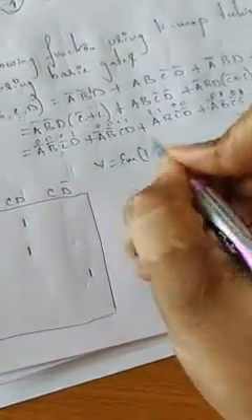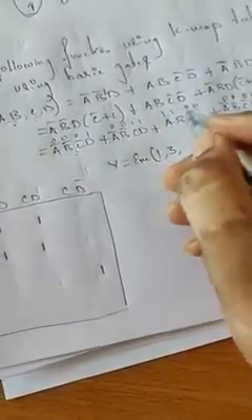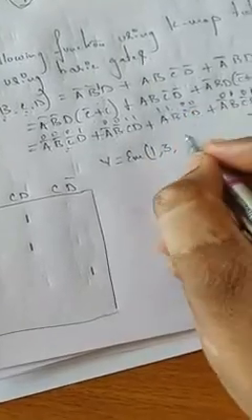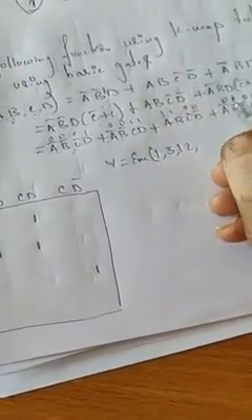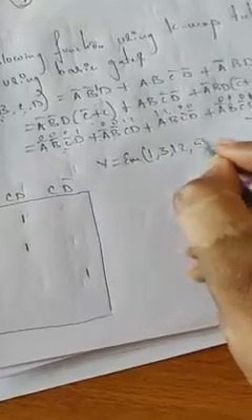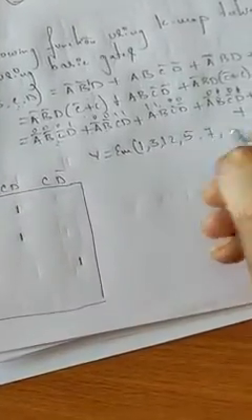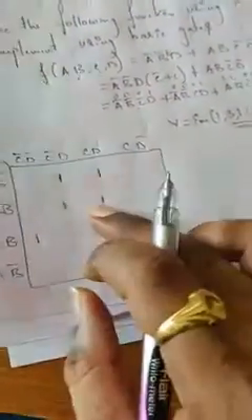0 0 1 is 1. This is 3. And this is 8 plus 4 is 12. This is 4 plus 1 is 5. This is 7. This is 8 plus 4 is 12. 12 plus 2 is 14. So this is what you are going to get. After that you are going to get the K-map. You are going to fill it by looking at these minterms. You are going to fill the K-map like this. I have already filled it. The remaining places will be filled with zeros.